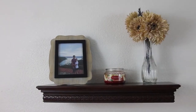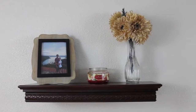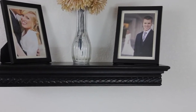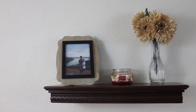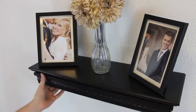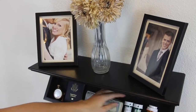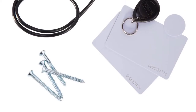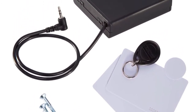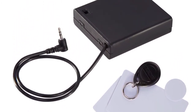Next, we developed the Quick Shelf. It comes in walnut, black, and white. We also offer an unfinished shelf for those who want to customize the color. Here at QuickSafes, all of our products use RFID technology and come with 4 batteries pre-installed into the product. You will also receive 2 RFID key cards, 1 RFID token, and 1 RFID key fob, along with a backup